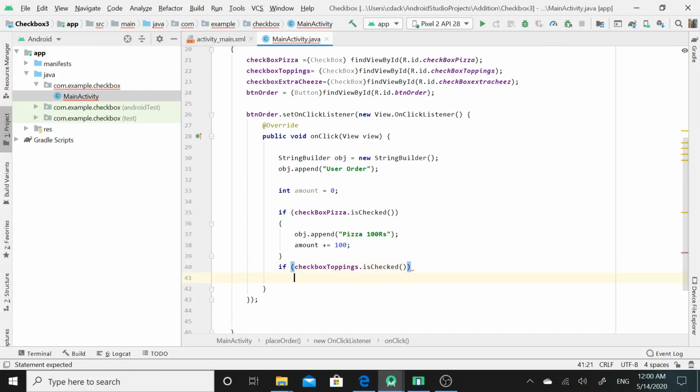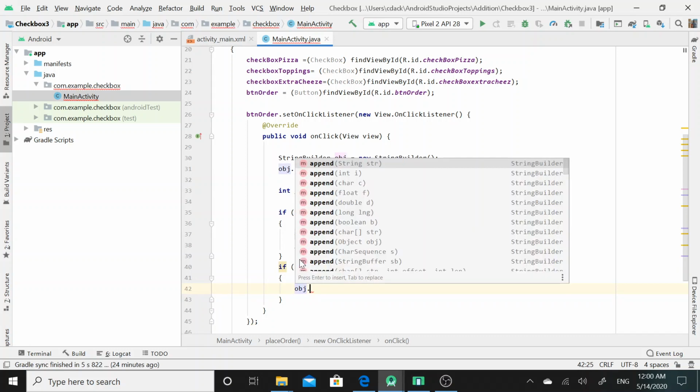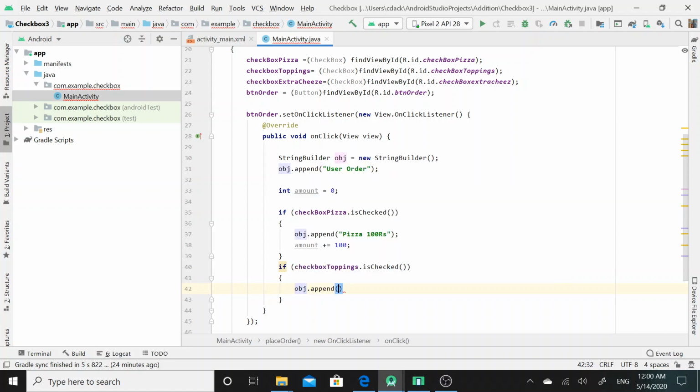If the user has selected this checkbox, then I must display the result that to place the order for extra toppings, the user is supposed to pay extra 50 rupees.